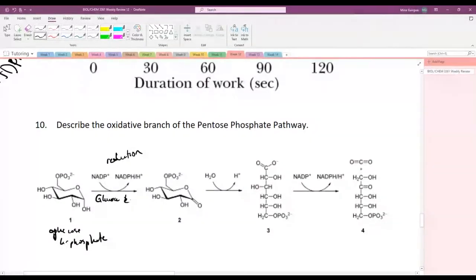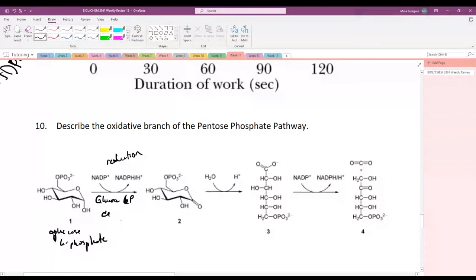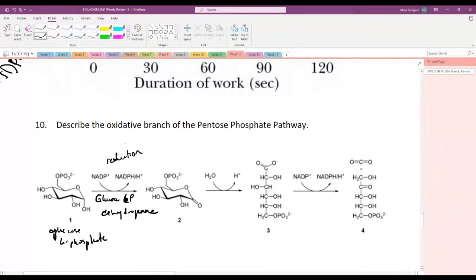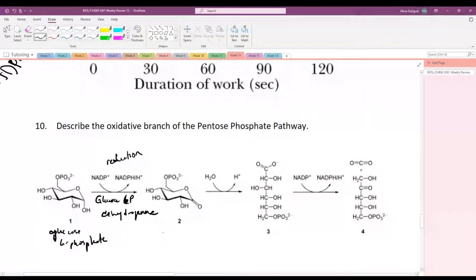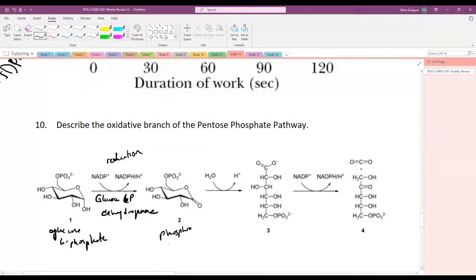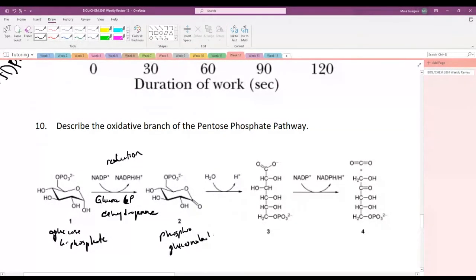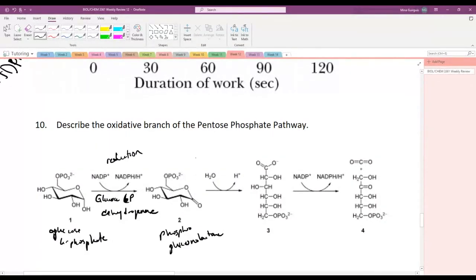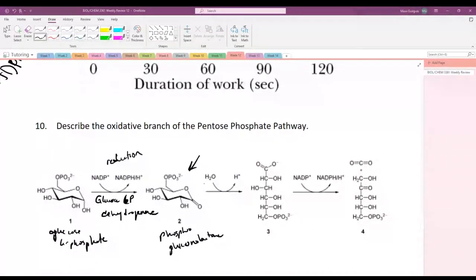Glucose 6P dehydrogenase. Okay? And that creates the second structure, which is called phosphoglucanolactone. Excuse me, I don't like the long names because I always get them mixed up. Phosphoglucanolactone. Okay. All right. Now this is a weird structure, and the reason I say that is because you've effectively